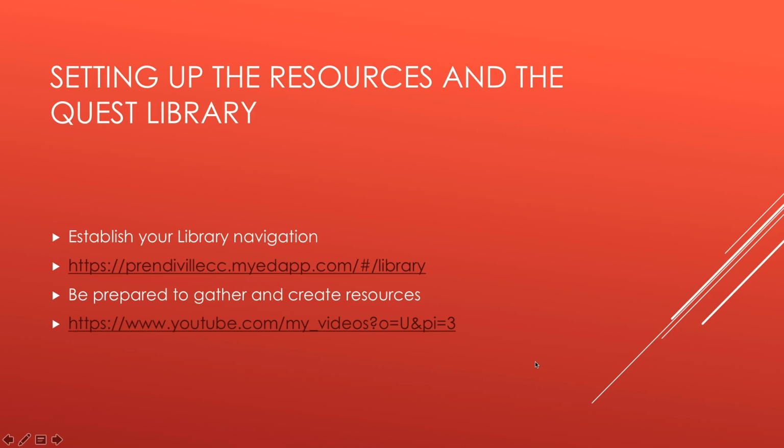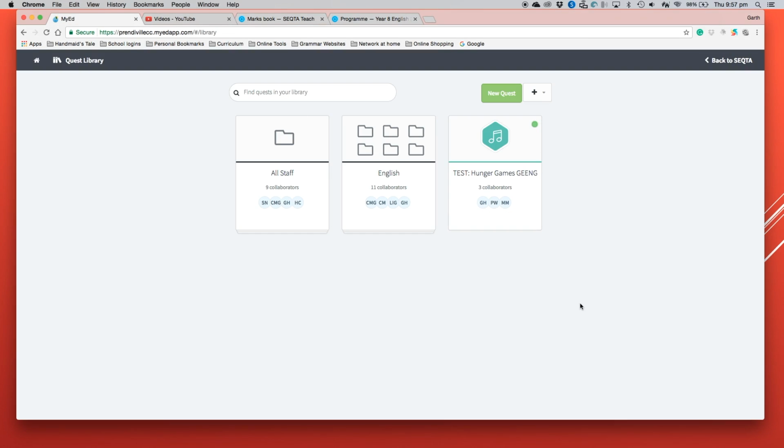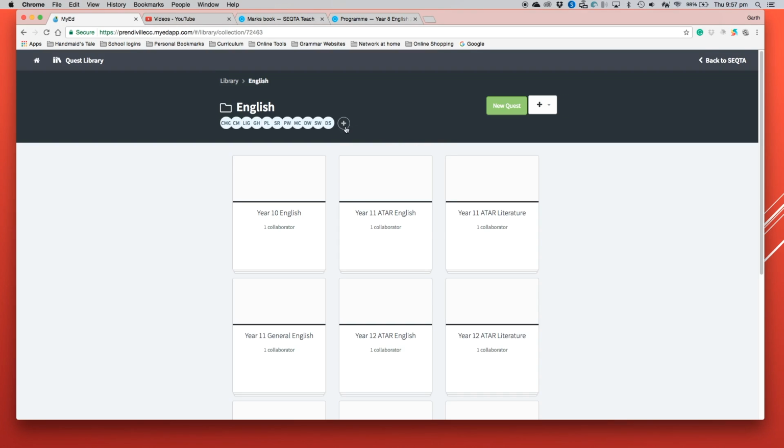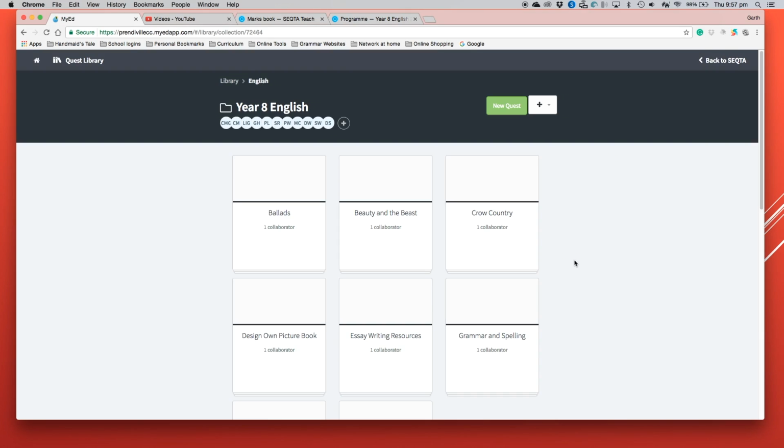First and foremost, one of the initial professional development phases is looking at your Quest library and really establishing the structures within that. So I might just take you through and give you a quick look at the Quest library that we currently have for English. As you can see, we've got just a department folder here with all of the English teachers as collaborators. Then we have all of our courses listed. And because we're only trialling with Year 8, that's the only one with any